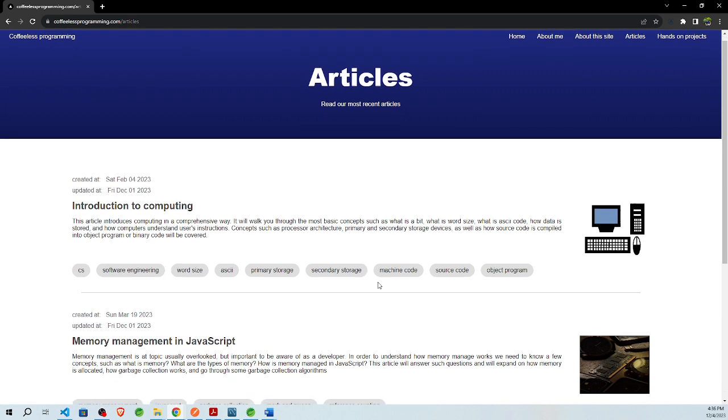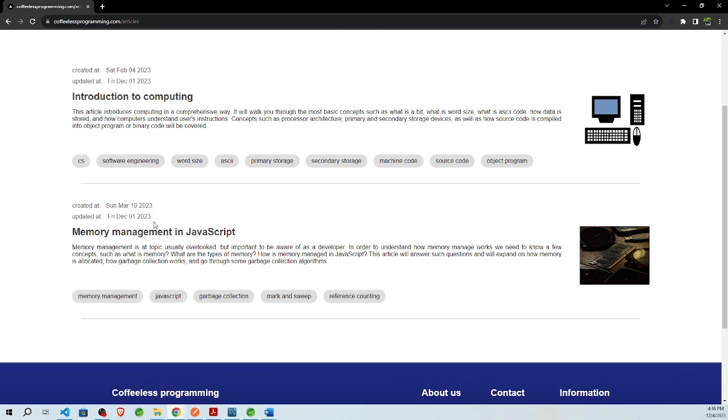So, for example, you can be a JavaScript developer without having a deep knowledge of memory management in JavaScript, because this kind of concept is done for you, right? It is already abstracted by the engines, right? But if you were to have this knowledge, it may help you in certain situations, right? Where memory leaks could happen in JavaScript applications and you don't know why. And so memory management in JavaScript will be a module that can help you be more aware of that. Of course, it's going to add value for you as a software engineer, but it's not necessarily required, right? So that is the article section.